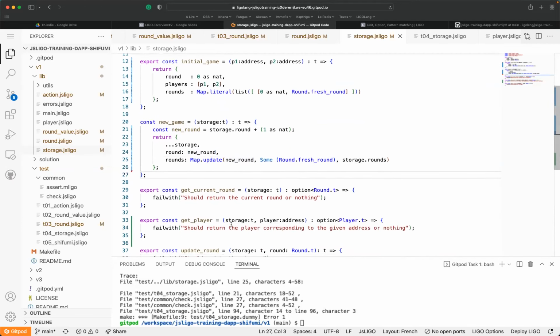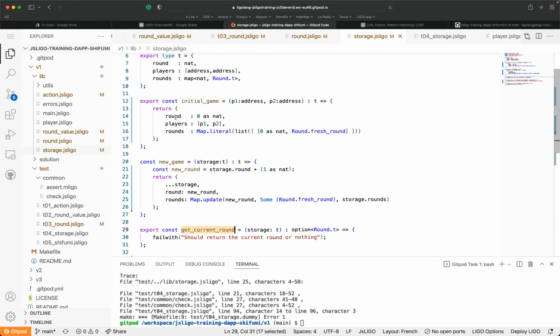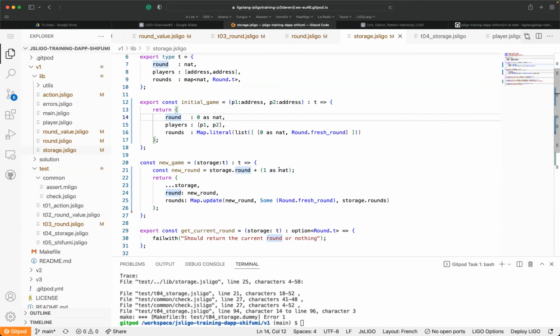And that's all. So what we're going to implement now is, thanks to storage, I would like to have the current round. What is the current one? It is the one which is referred to by the round attribute, the round field, which is here. So if I have round one, I would like to retrieve in the map the round which is referred to by the natural one.